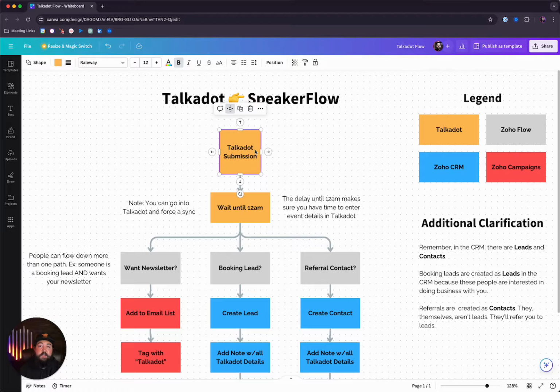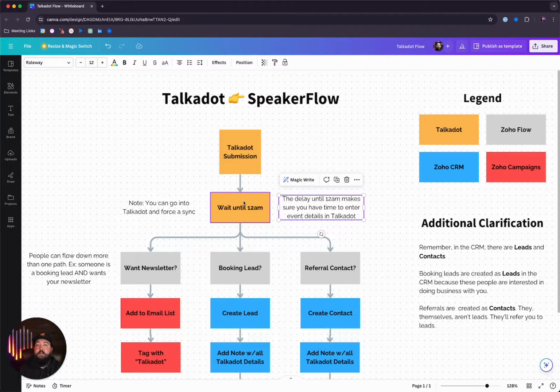Now, when a Talkadot submission comes through, it's not going to send to your system right away. And I know that can be confusing because why would that be the case? Well, this was very intentionally thought out by the Talkadot team. When you have an event and you put up Talkadot, you may not have put the event name in or the rest of the event details in until after you've delivered on the event. And since we use the event name and the event date and a few other details during the automation, Talkadot wanted to make sure you had enough time to put all of that information in and then send it all